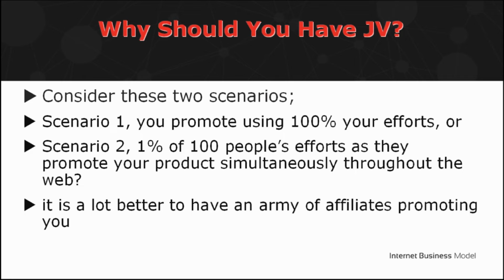So why should you consider having a JV to promote your launches and products? Well, which of these 2 offers more leverage? Scenario 1, you promote using 100% of your efforts, or Scenario 2, 1% of 100 people's efforts as they promote your product simultaneously throughout your product launch period. It's a lot better to have an army of affiliates promoting your product because you get a lot more leverage